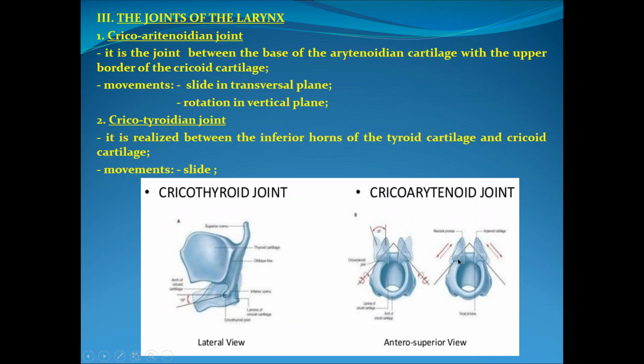This triangle can slide on the border of the lamina, the cricoid lamina. They do the same movements at the same time, the left and the right cartilage. So they either describe a rotation or they can slide on the superior border. And in case of this joint, cricothyroid,